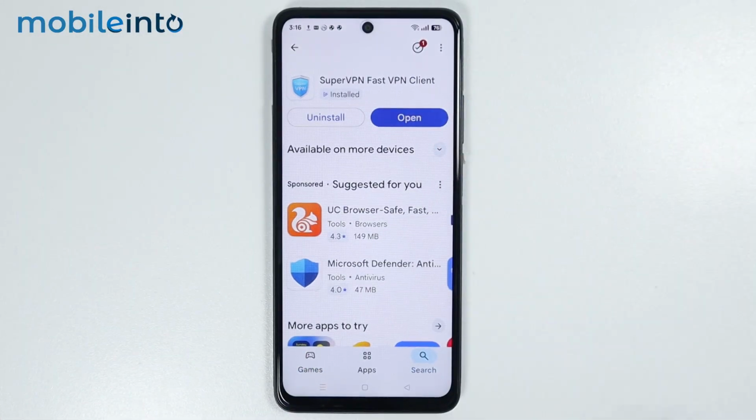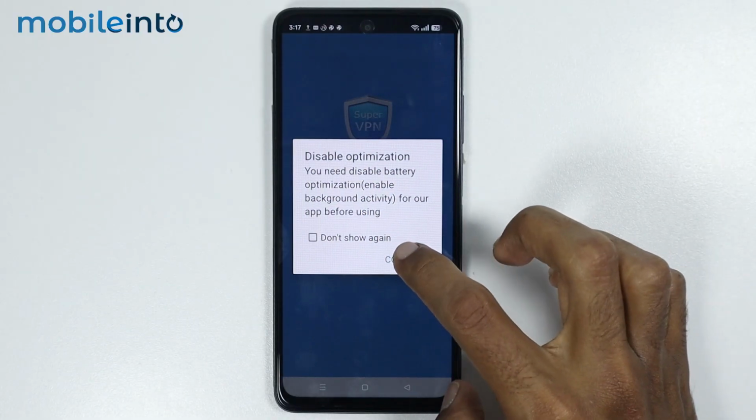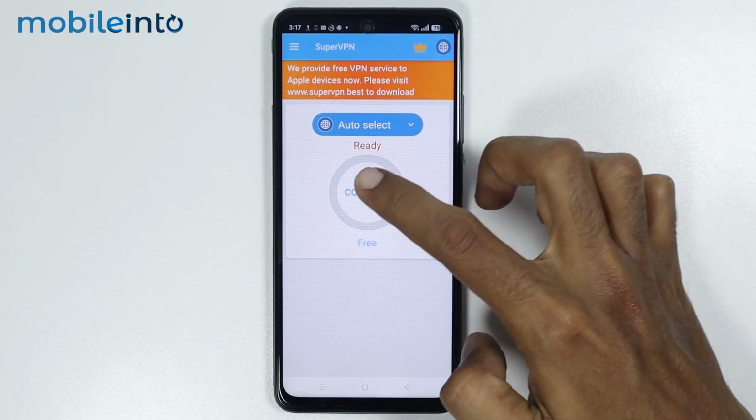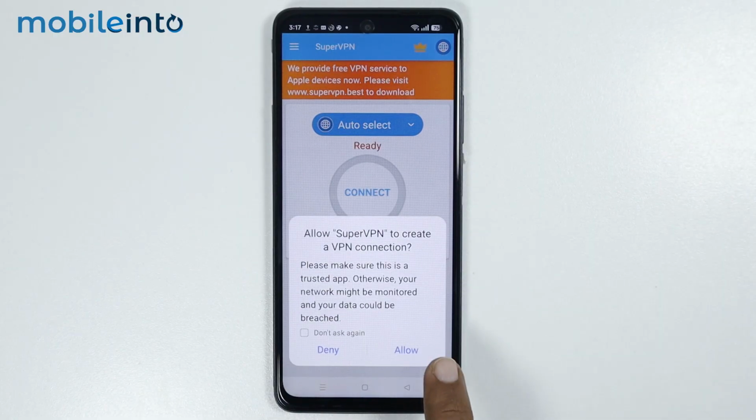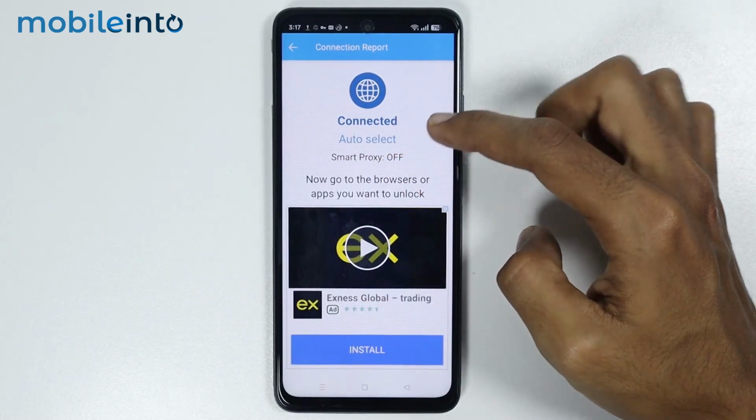Then tap on open. Now just give this app this permission. Then tap on continue. From here, select allow. Then tap on connect. Now just select allow, and as you can see we have successfully connected VPN to our